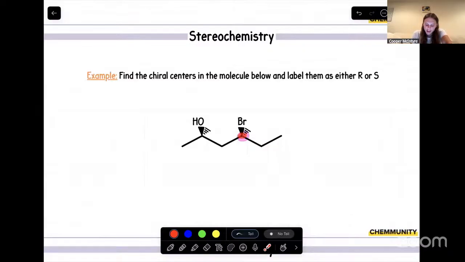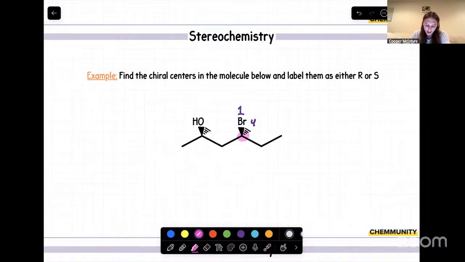So in terms of our pink chiral center right here, we'll go through and add in our priorities. Of course, bromine will be our highest priority because if we're looking at this pink chiral center and we branch off to the first atoms, this bromine has a higher atomic number. But what we can do from there is keep on branching. Now, in terms of this methyl group, we know that that will be our lowest priority only because if we look at these 2 other groups, they branch out a lot more. As opposed to the methyl group, it stops at 1 carbon only, so that's why it is our lowest priority. But let's keep on branching, right?